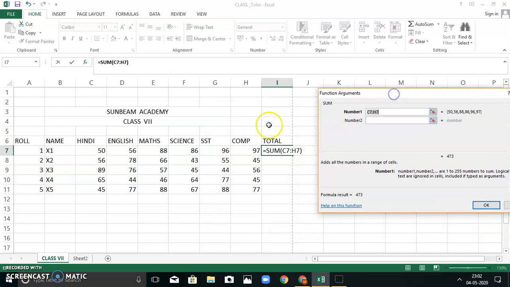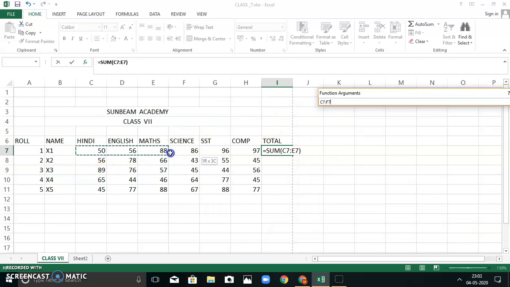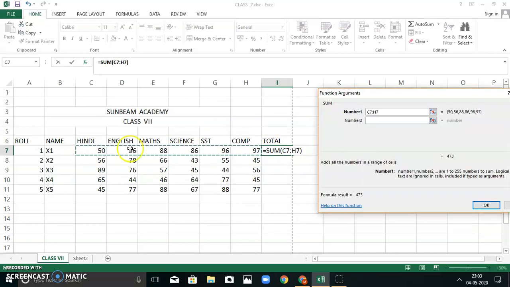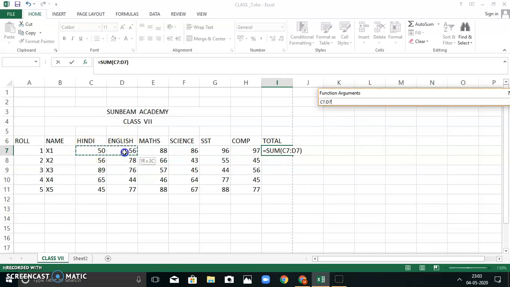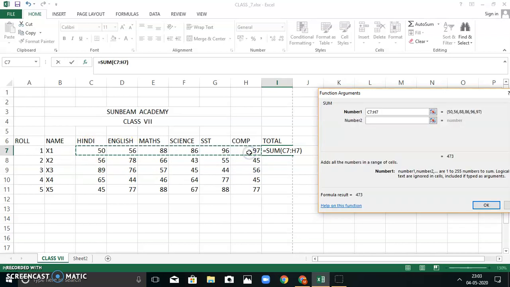Now from where to where do you have to sum? From Hindi to computer. So select the first cell and drag it till the last. C7 to H7. This is C7, C column and 7th row, and this computer mark is in the H column, H7.